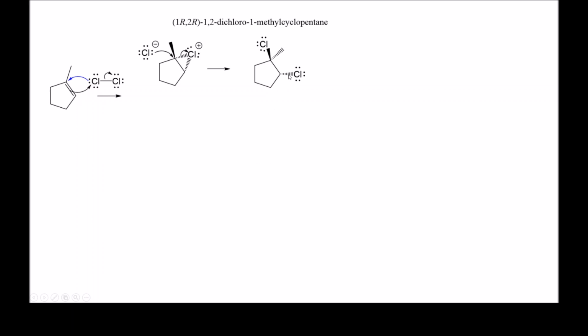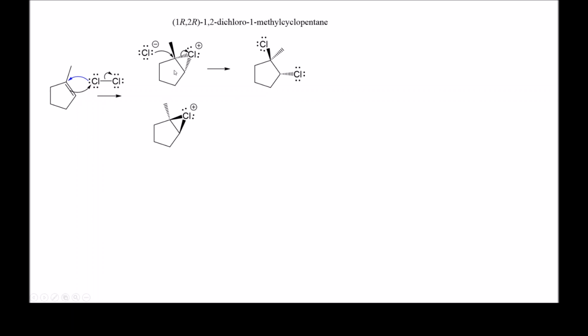I named the product here mostly so that you can appreciate the chiral centers that we added in this reaction. We started off with a compound that has no chiral centers. There's no chirality anywhere in this starting material, and our product introduces two new chiral centers. Whenever you start off with a starting material that does not have a chiral center, and you end up with a product that does have a chiral center, we expect for the reaction to produce a 50-50 mixture of enantiomers,